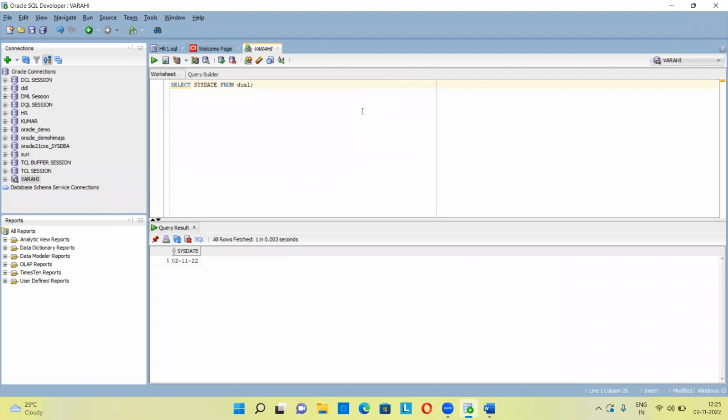Good. From this I just want to see something else. So what I'm doing is converting this date. Sysdate is a date, right? So from there I'm converting to